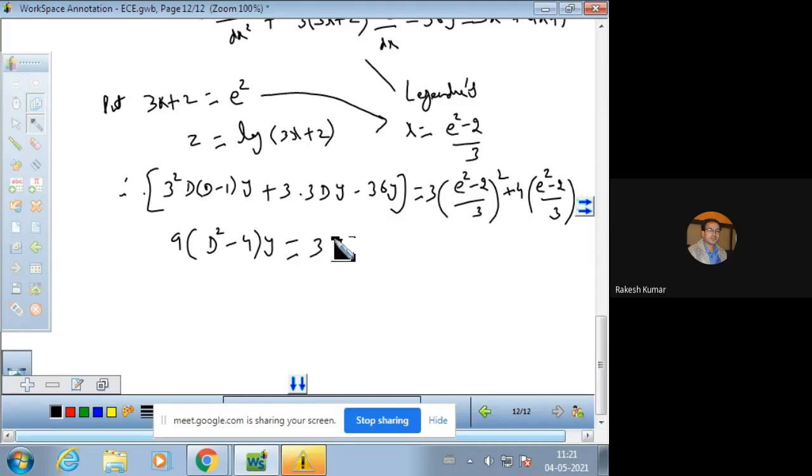So when you simplify, that is 3, and you will have e raised to power 2z minus 4 e raised to power z plus 4 over 9. There plus 1 is there. So 3 can be taken with this term. I am going to take LCM parallelly. So 4 3s are 12 into e raised to power z minus 2 plus 9 into 1, that is 9. So the right hand side comes out to be